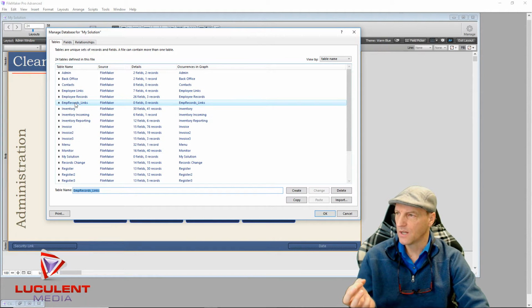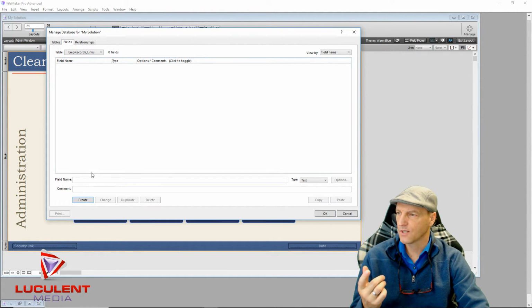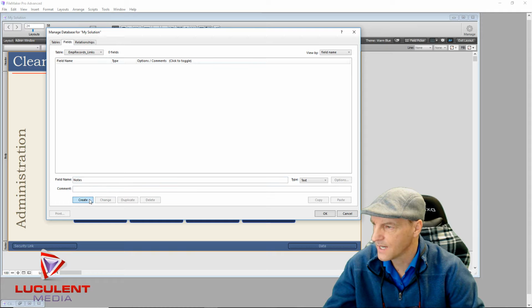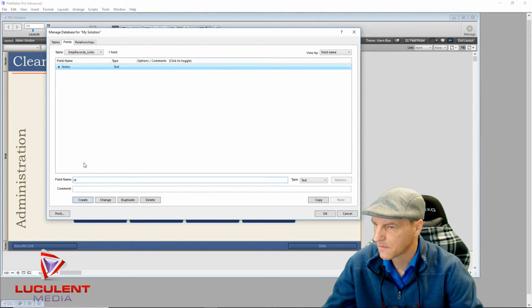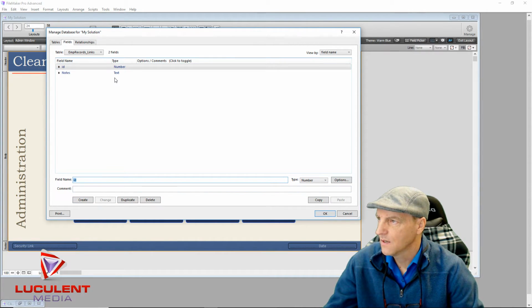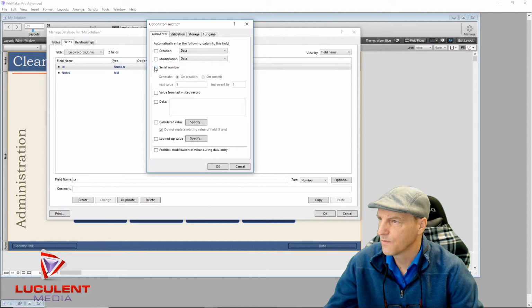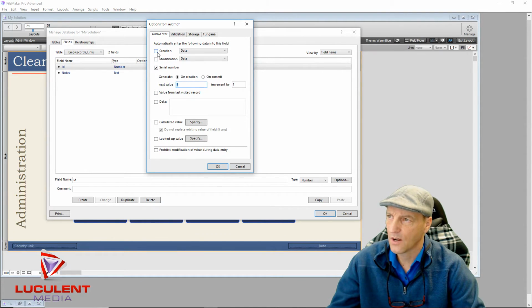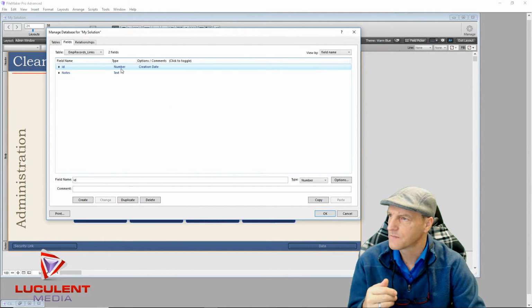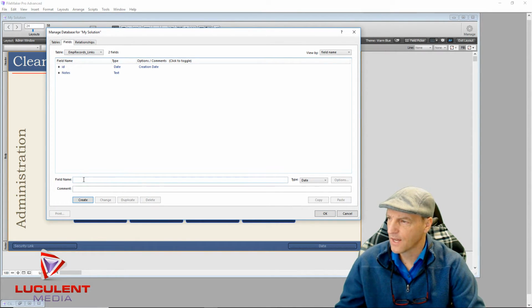Now, with this one, let's just put something simple in there. We'll have notes, which is a text. We'll have an ID, which is a serial number. And this ID number will just be a serial number. Or better yet, let's just have it as a creation date, and we'll change it to date. Okay, we don't care. And then you're going to have to have an IDFK,